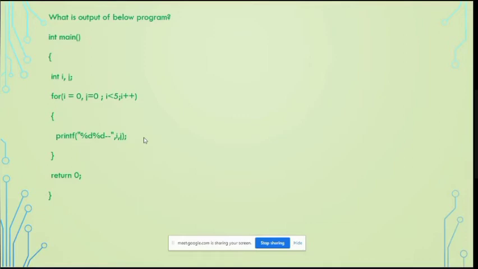Okay. But in this case, one second. In this case, what will be the next iteration value? That is only your doubt, I think. i will be incremented to 1, but what will be the value of j? 0, ma'am. Yes, j will remain 0.